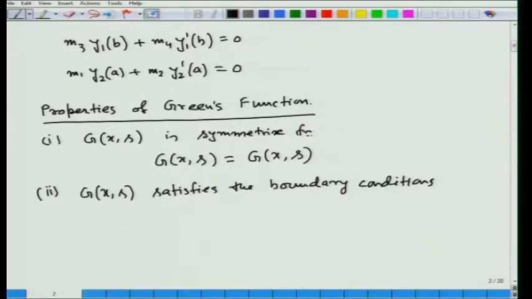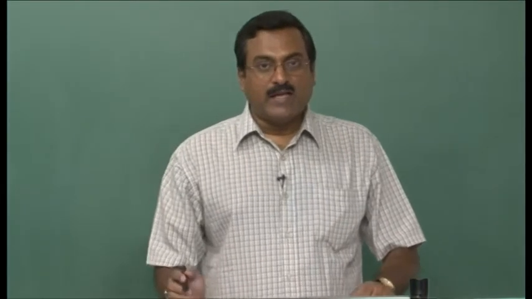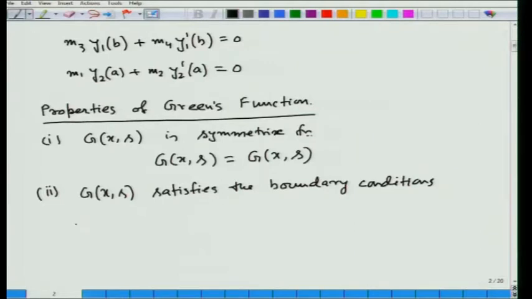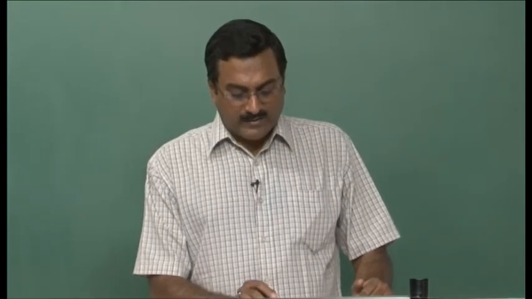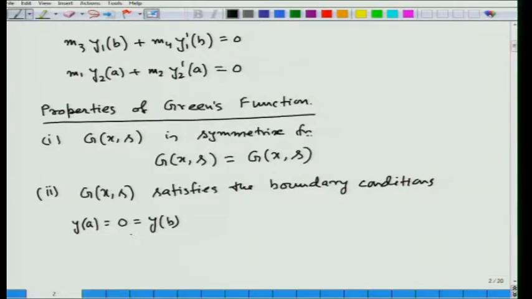Now, without any loss of generality, if we simply assume the boundary conditions into this particular format, say y(a) equal to 0 equal to y(b), the simplest boundary condition corresponding to m1 y(a) plus m2 y dot(a) equal to 0 and m3 y(b) plus m4 y dot(b) equal to 0. So, that means choosing m2 and m4 equal to 0, we can arrive at this type